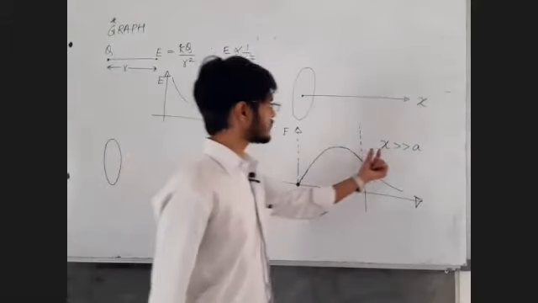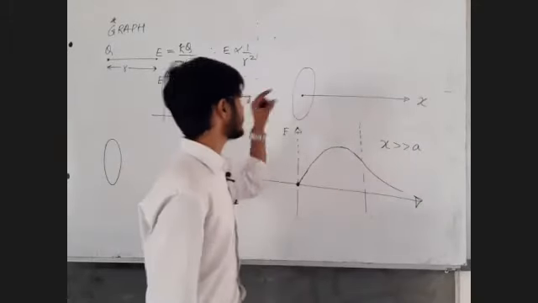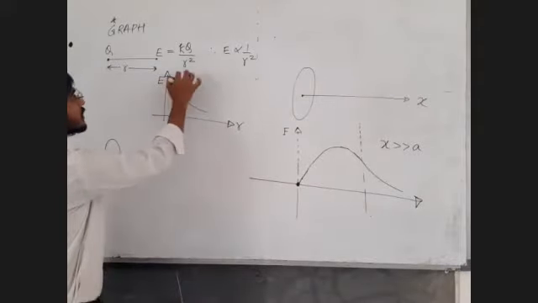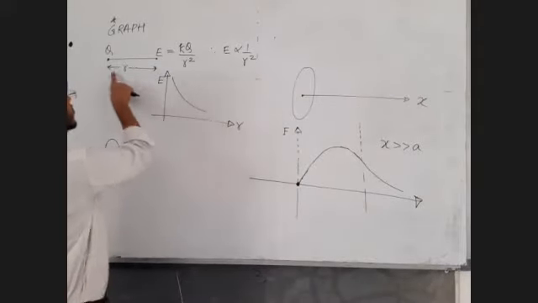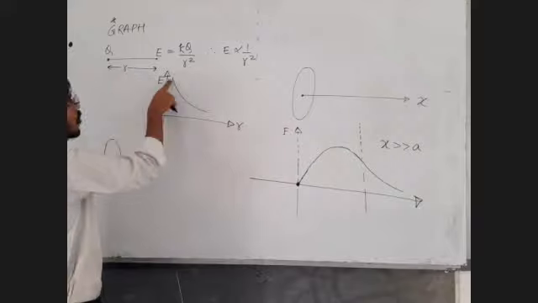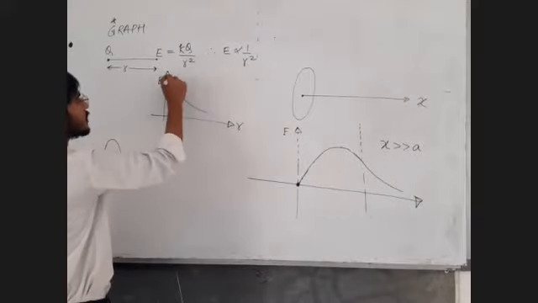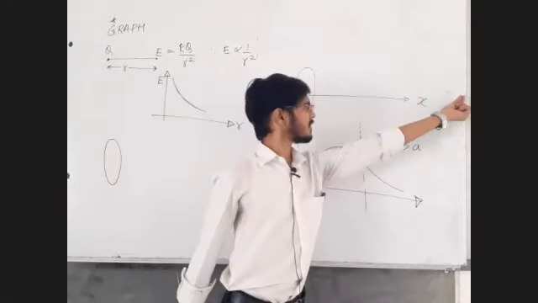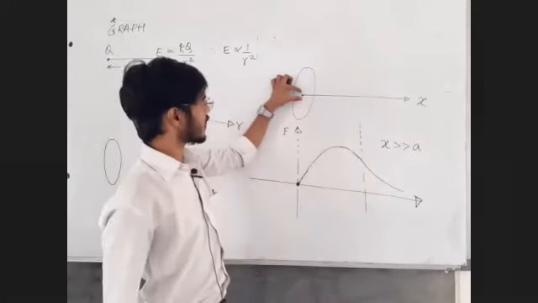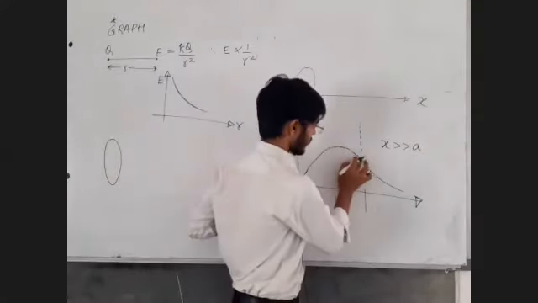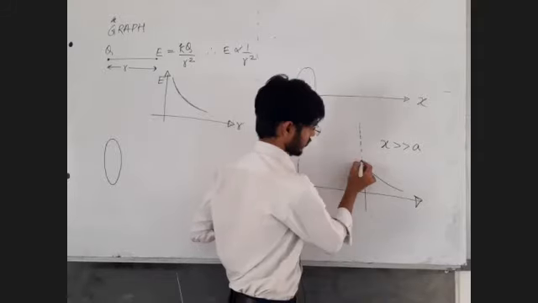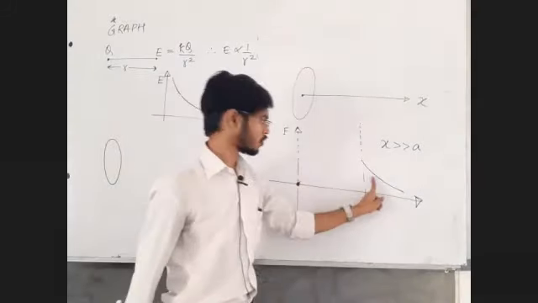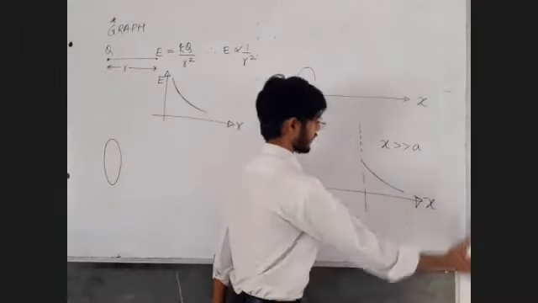See, when the distance x is very large compared to the radius, the ring becomes as good as a point charge, and we know for a point charge the electric field goes on decreasing with the distance. If the distance increases, the electric field should decrease proportional to 1 upon r square. So if the distance x is very large, this ring is as good as a point charge, so it should go on decreasing. So I initially drew the graph of electric field proportional to 1 upon x square. This is the value of x, the distance on the axis.